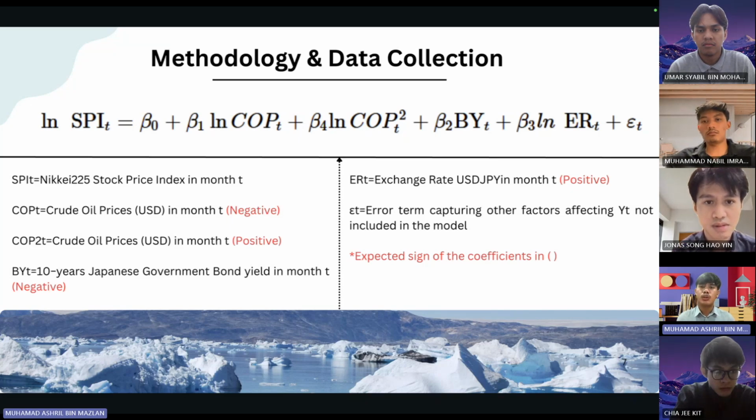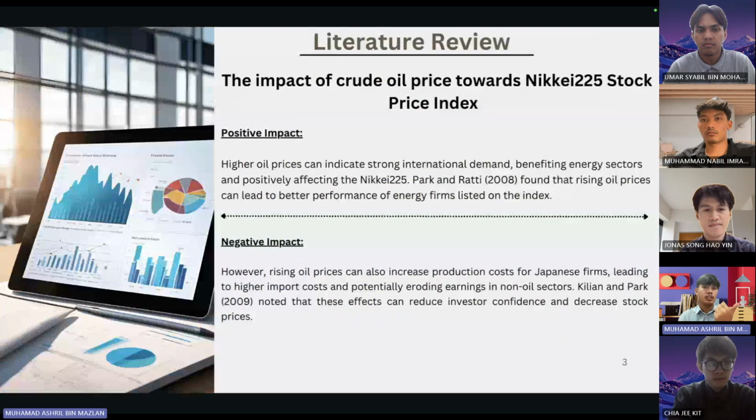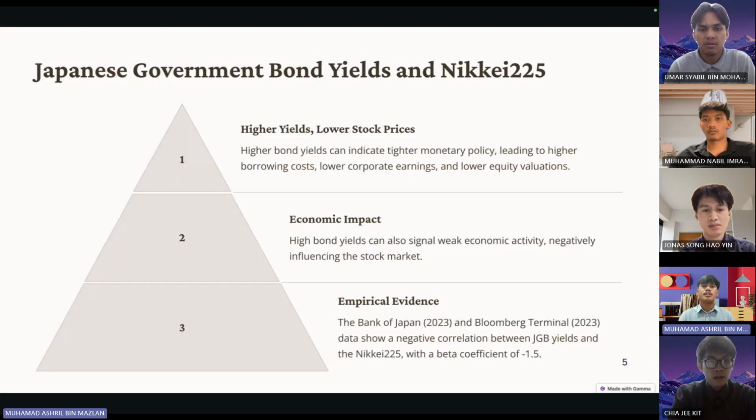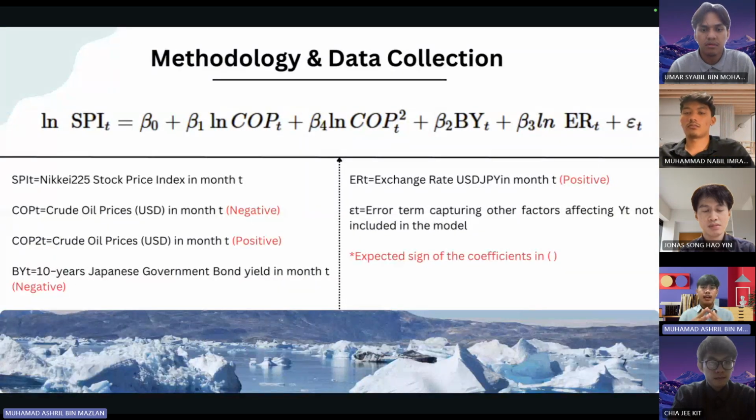For the exchange rate, it's going to have a positive sign. And also, these are the expected signs of the coefficients based on the literature review that we did earlier on crude oil price, the exchange rate, and also bond yields, right? So after we have determined the expected signs of the coefficients and the econometric model,